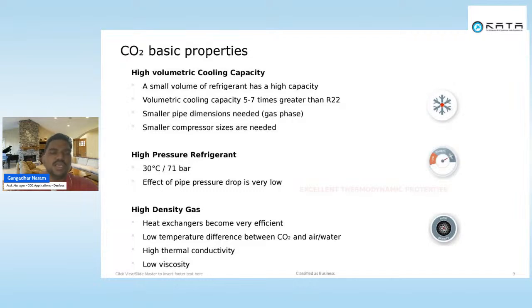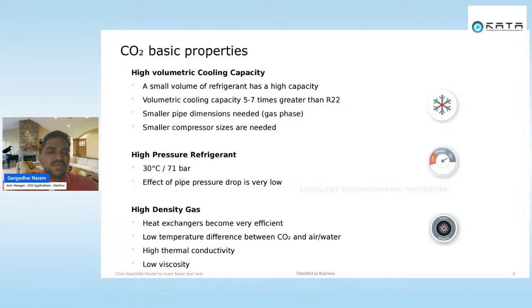So even if it is a small temperature or a small pressure drop in ammonia, it will give you a large 1 degree or 1.5 degree saturation temperature drop. Because of this saturation temperature drop, especially more pressure drop means more saturation temperature drop, your compressor will end up operating at lower evaporation temperatures than required. Because of this, your ammonia compressor's power consumption increases.